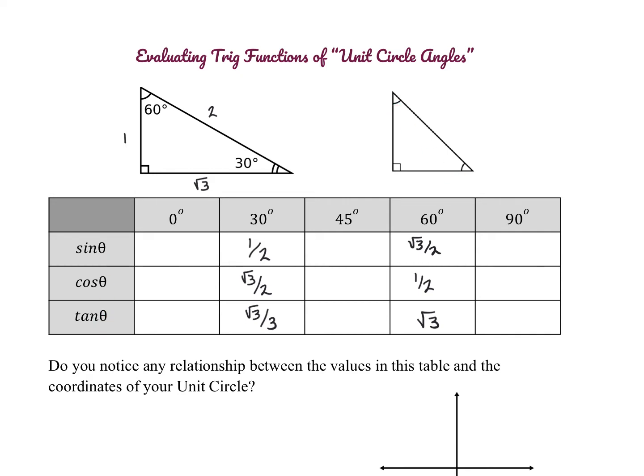Now to find the 45-degree angle for sine, cosine, and tangent, we could use our other special right triangle, our 45, 45, 90. And remember, the side lengths for this would be 1, 1, root 2. So again, we could use either angle to help us with this. So the sine will be opposite over hypotenuse, so 1 over root 2, which we'll write as root 2 over 2. Same for cosine, 1 over root 2, which is root 2 over 2. And tangent is opposite over adjacent, which just becomes 1. So these 9 values